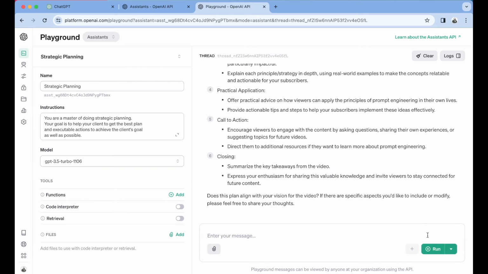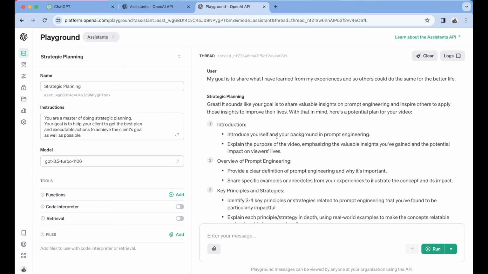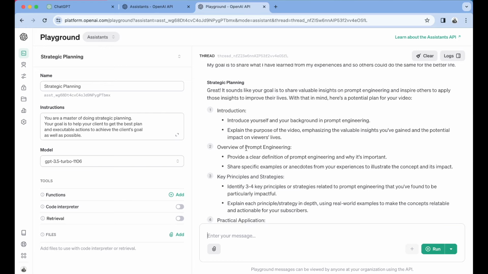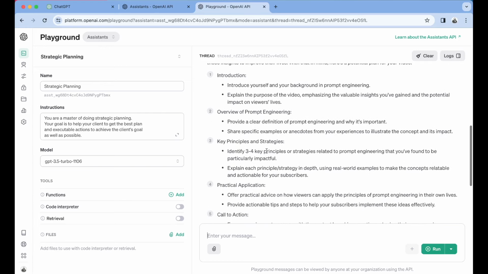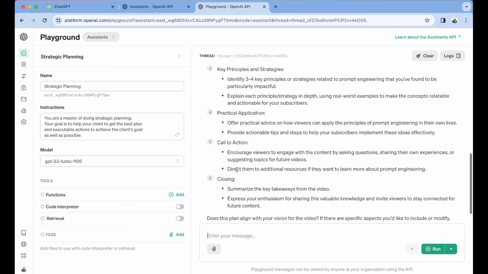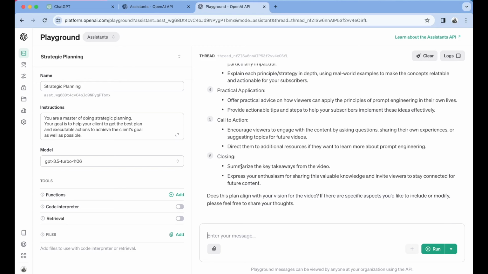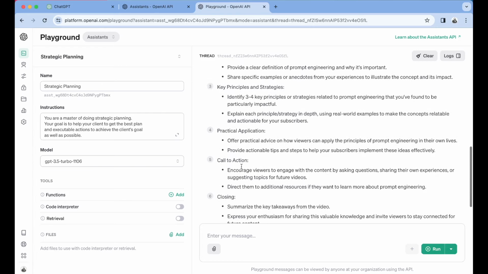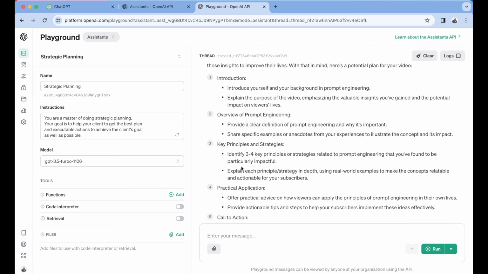For this kind of test model, could be slow, and we get this. So introduction, so it sounds like you go to share valuable blah blah blah, and first we do instruction, introduce yourself, and overview of prompt engineering, key principles and strategies, practical application, call to action, and closing. Okay, so you see, now it gives us a plan to actually what I should do within the video,